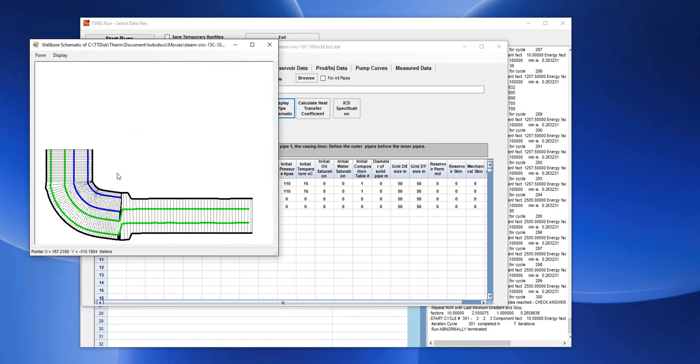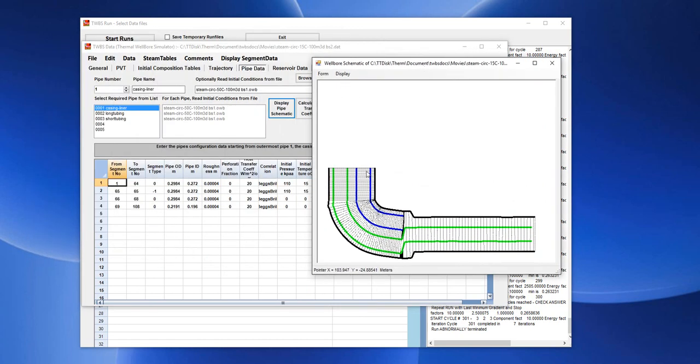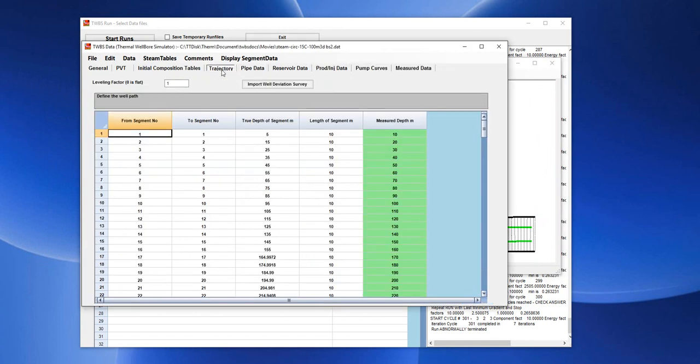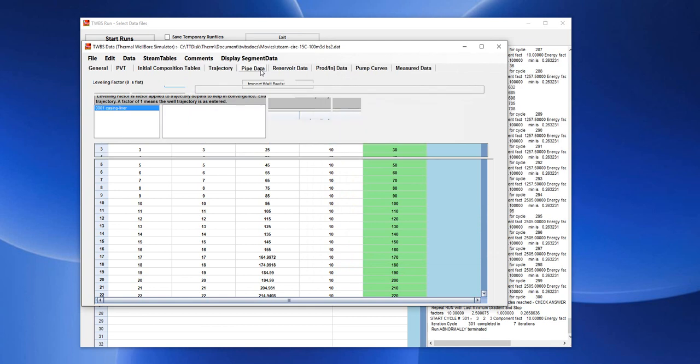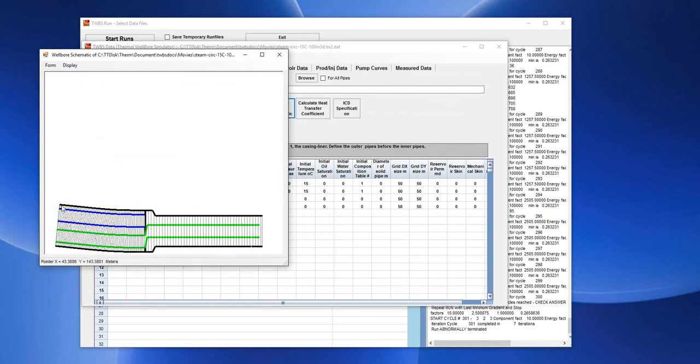One way to make the program easy to run is to bend the riser section almost flat. So if you use a trajectory factor of, say, 0.1, and then close this to redraw it and go back to pipe data and display pipe schematic, we have flattened the reservoir to 0.1. In this case we don't require as much pressure head because our depth is no longer 400 meters deep. We have a flattened reservoir. And in this case, we will then run easily using the